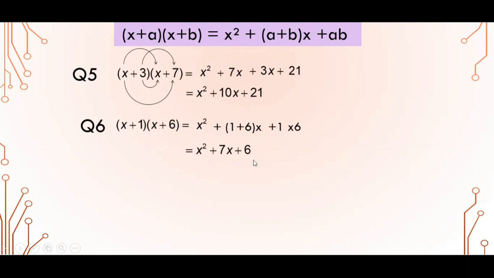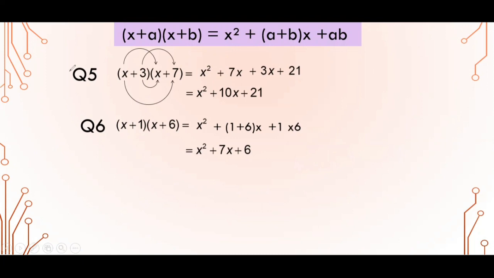Let us take one question and it becomes so easy. Orally you are able to find the product. You don't even have to write in the bracket this way. So let me take, say, (x + 2) into (x + 5). Comparing with the identity, I get x square plus (a + b), meaning 2 plus 5, into x. So 7x, right? And plus ab, 2 into 5, which is 10. So easy. Mentally you are able to calculate.